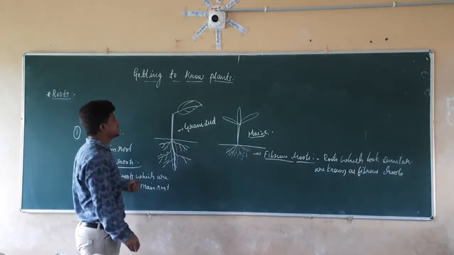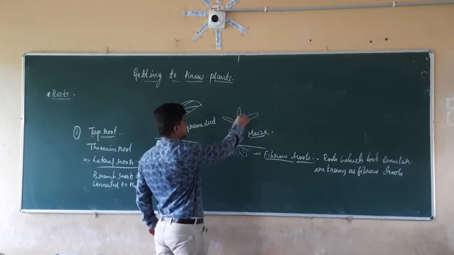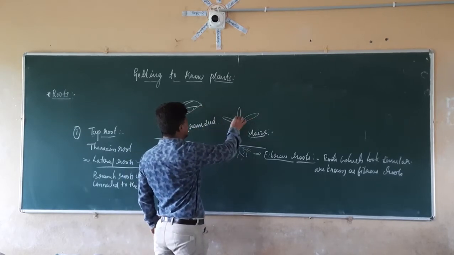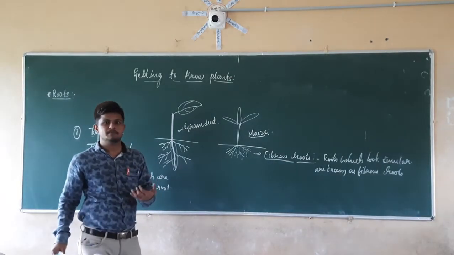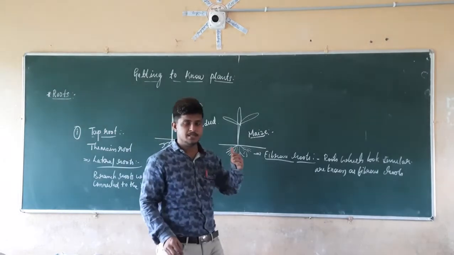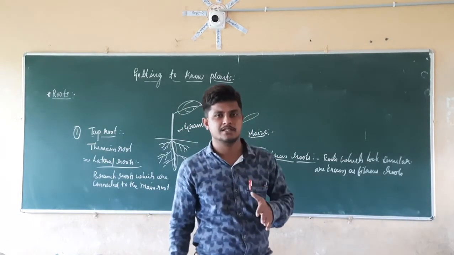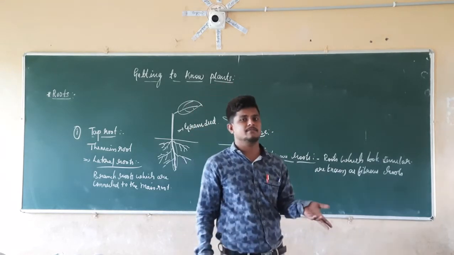So when we check the leaves of this type of roots, the leaves which are here and the leaves which are here, if we check those leaves, we are going to see two different types of designs of the leaves. If you remember, while discussing the leaves, we discussed that they show two types of designs. Those designs are nothing but venation.